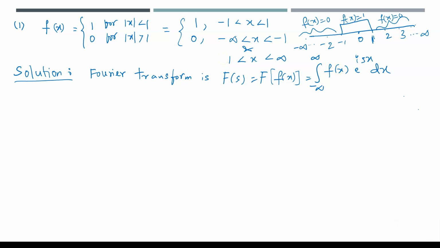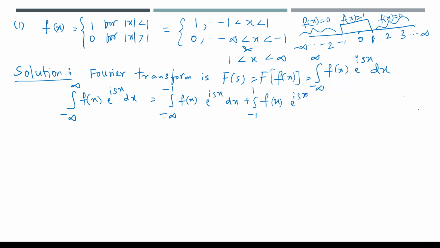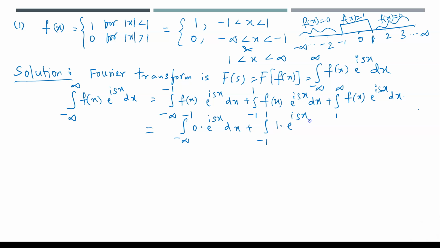So this integral from minus infinity to infinity of f(x) e^{isx} dx can be written as the integral from minus infinity to minus 1 of f(x) e^{isx} dx plus the integral from minus 1 to 1 of f(x) e^{isx} dx plus the integral from 1 to infinity of f(x) e^{isx} dx. In minus infinity to minus 1, the value of f(x) is 0, so 0 into e^{isx} dx, plus the integral from minus 1 to 1 of 1 into e^{isx} dx, because in the interval minus 1 to 1 the value of this function is 1,